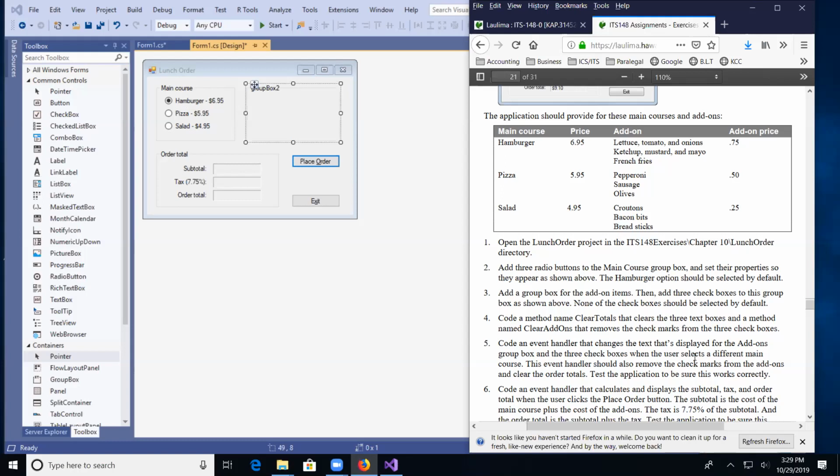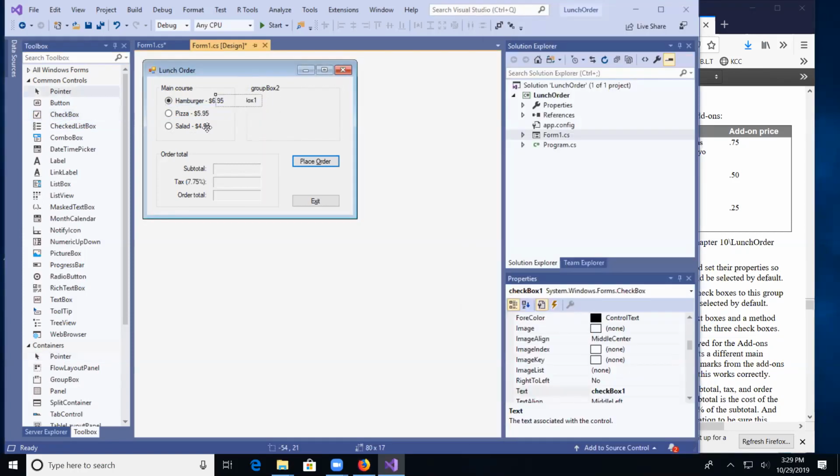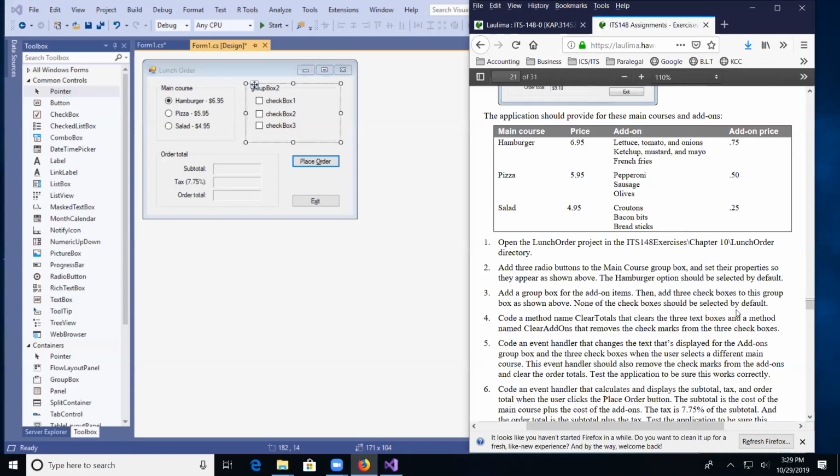Guess it doesn't matter much. So let me throw some checkboxes in there. Throw one in here. And throw another one here. And another one here. Okay. Now,